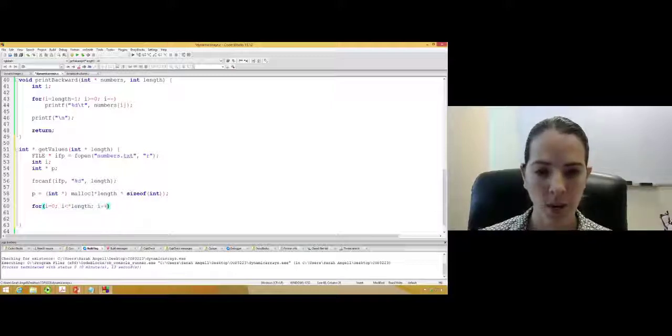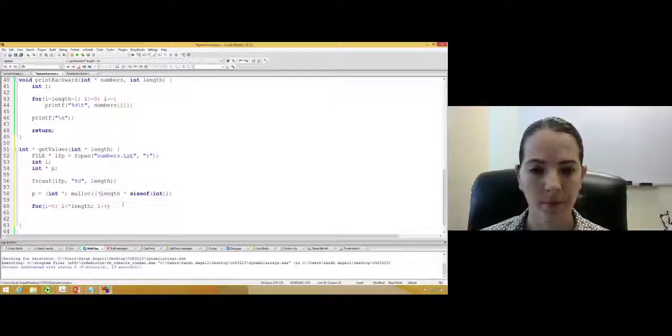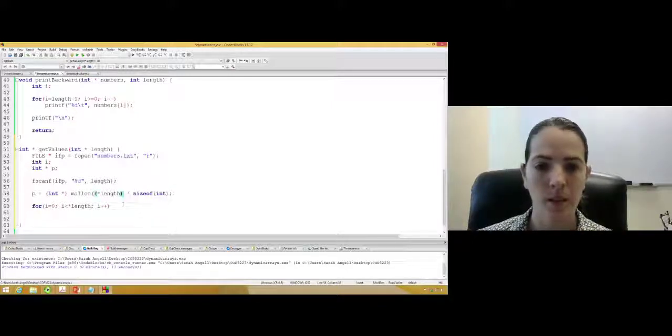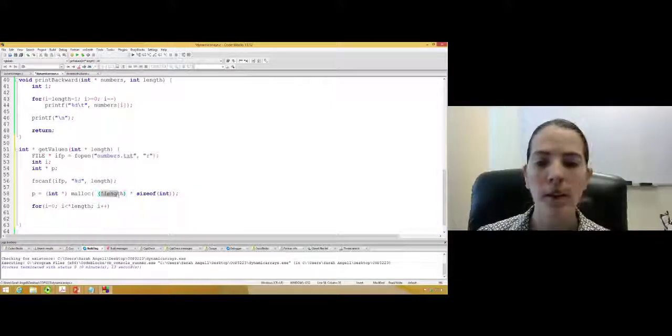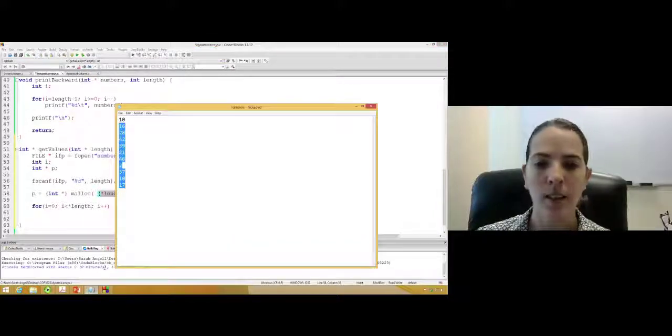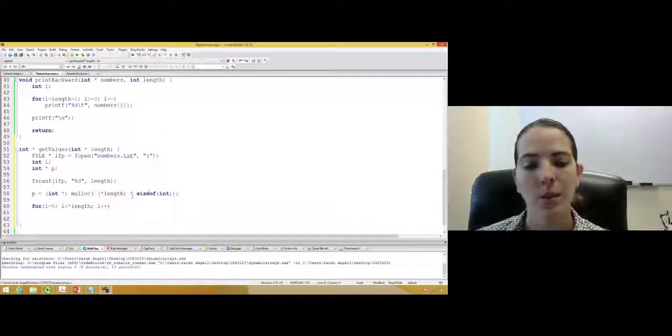So anytime we're using length as an actual integer value, we have to dereference it. So hopefully that makes that a little bit clearer. We have to go to where length is pointing because length is an integer pointer, which means it doesn't store an integer, it stores a memory address. So we have to go to that memory address to get the value 10